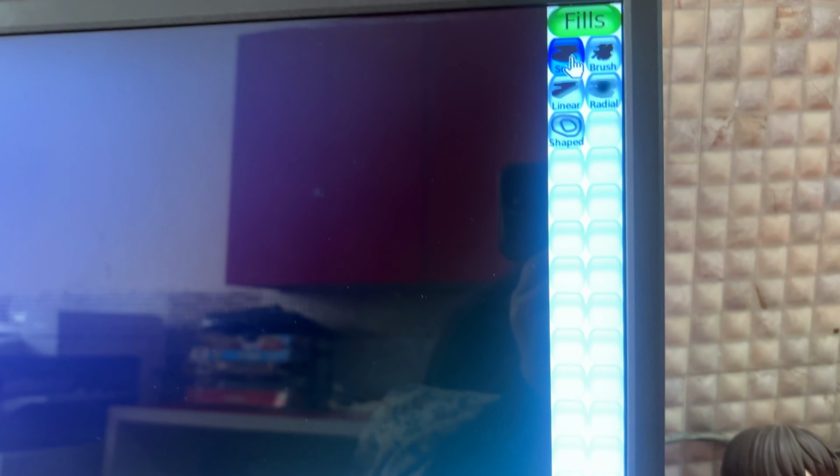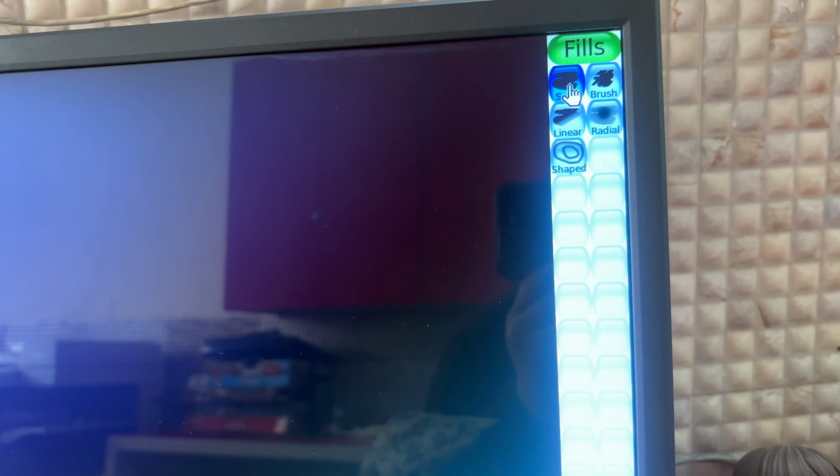Now we will have a gradient or a shading option in this. So we'll go to the fill option. In the fill option, usually we do solid fill to completely fill the shape. But here we will go for linear fill to go for a gradient or a shading option. Now we will click at the side of the sun that we've created and gently drag our mouse without lifting the finger up. Now the sun is complete.